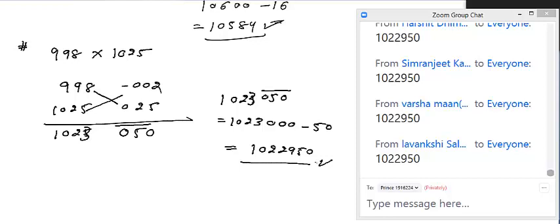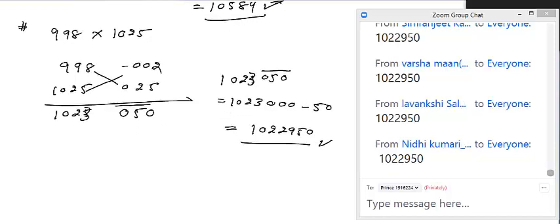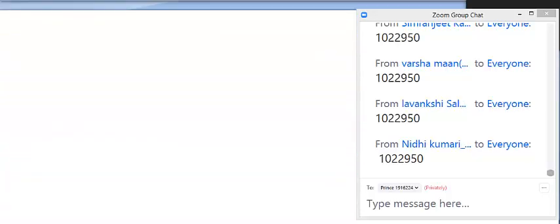So students, for the last 2-3 minutes I will explain why and how it happens, the basic concept behind it. So see, I will explain one situation. Let us suppose I have a number n1 and another number n2. I am taking both numbers less than the base, the first situation. So I will write the numbers as x minus a and x minus b.